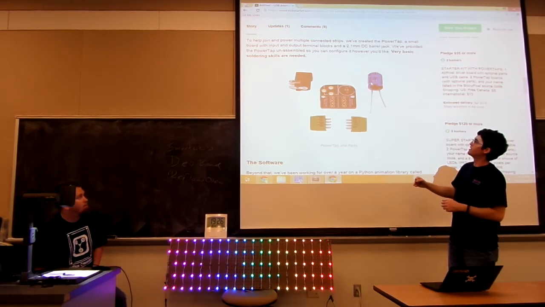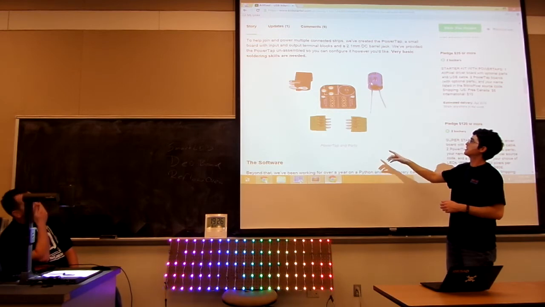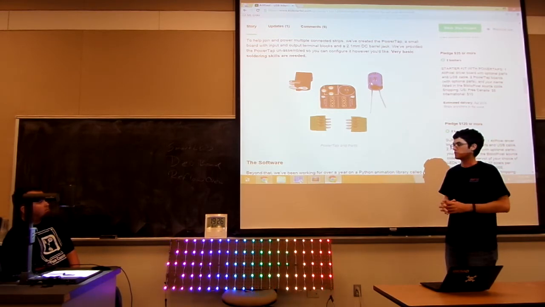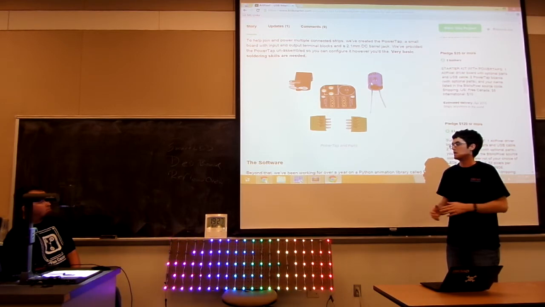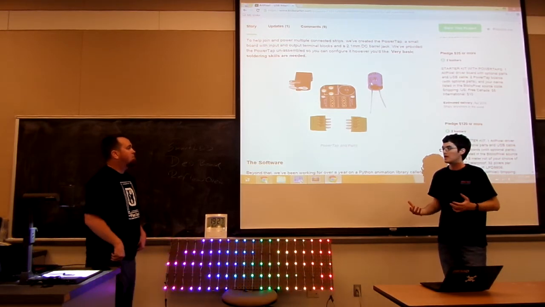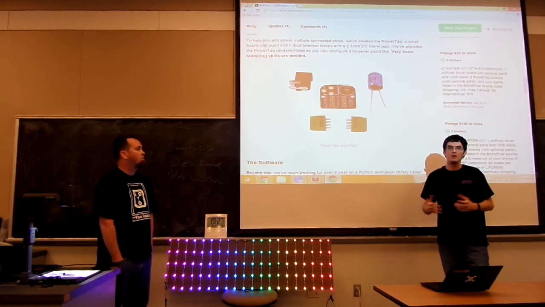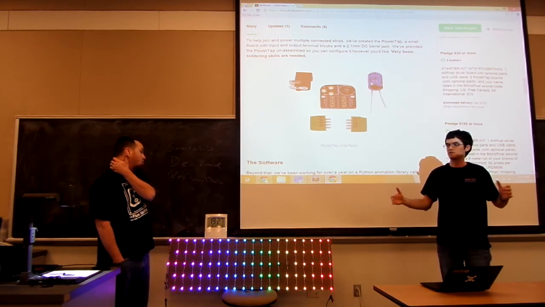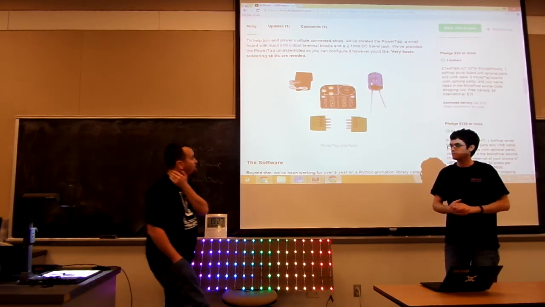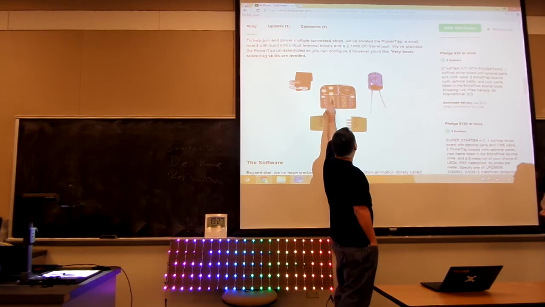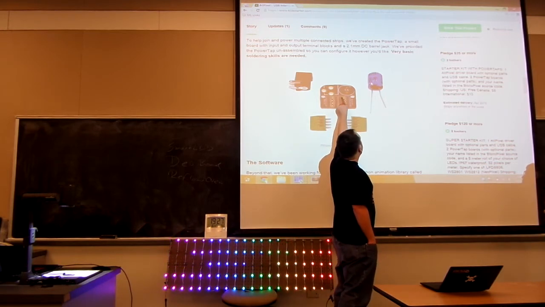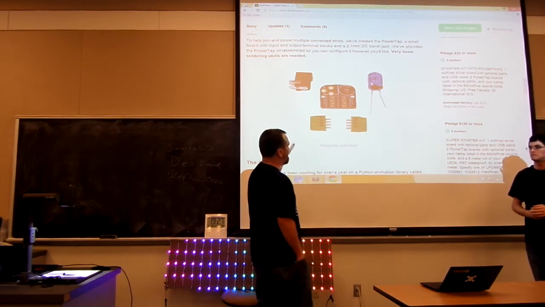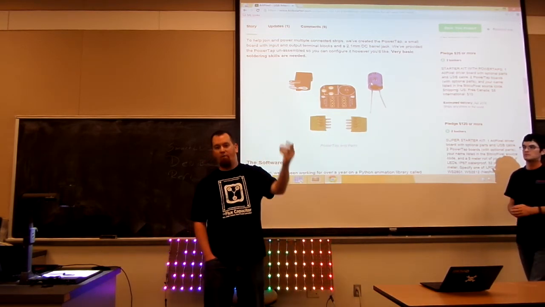So you have a screw terminal on the input, screw terminal on the output, a barrel jack, and a giant capacitor for smoothing out your power over longer runs. You may or may not need to use that, but we found that for certain strips that helps, especially when you have long runs and you're only splicing in power every so often. And it's basically, there is a 5-volt pin here, but that's not connected to anything. It's only connected here on the output. So you have ground that carries through. So you maintain a common ground, and then it just splices 5-volt power or 12-volt if you need it into